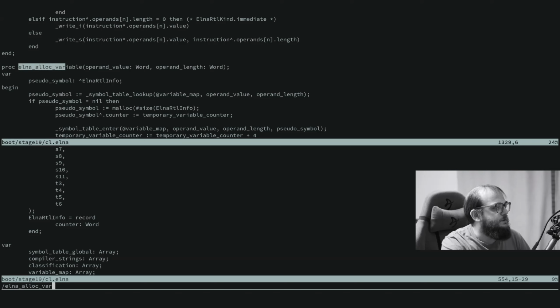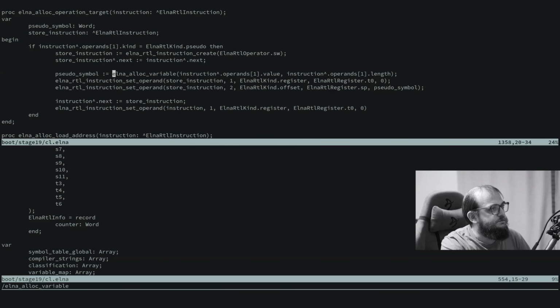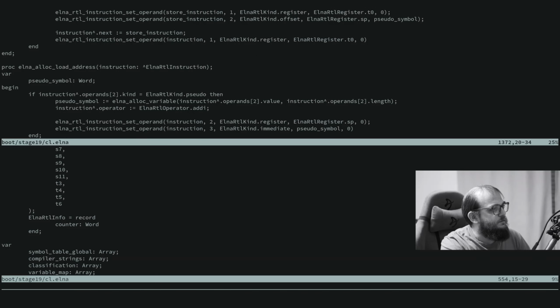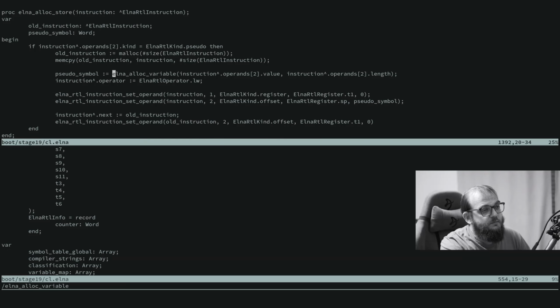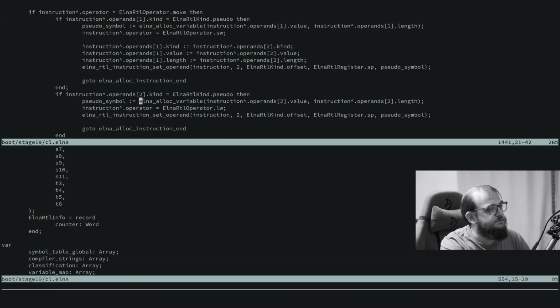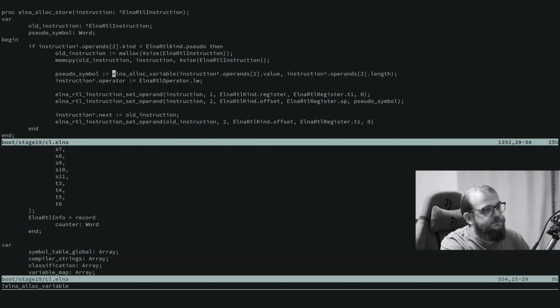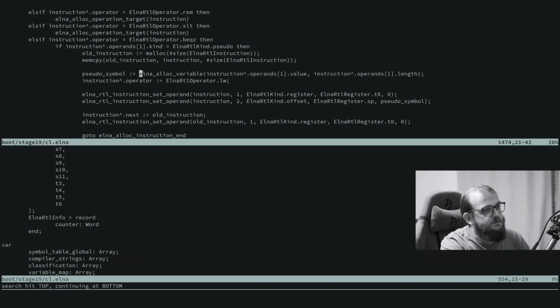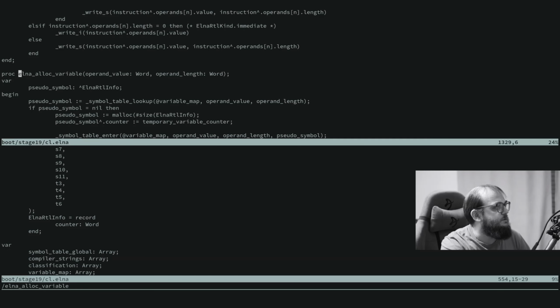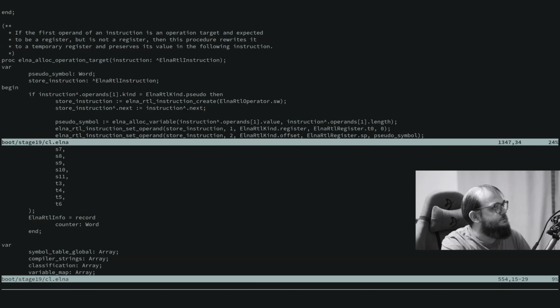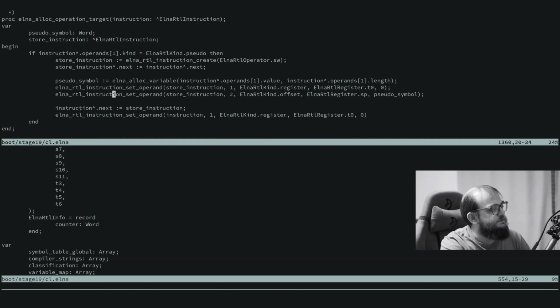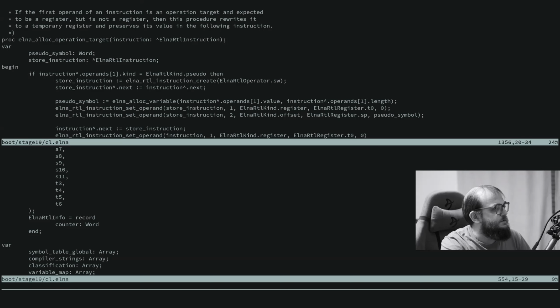We need to look where this function is used and for what. So there are apparently far more than 2 places where it is used, and we start with the first one, probably the definition itself. Okay, so if this is an operation target and expected to be a register but is not a register, then this procedure writes it to a temporary register and preserves its value in the following instruction. Okay,